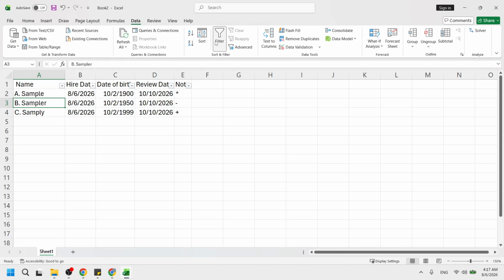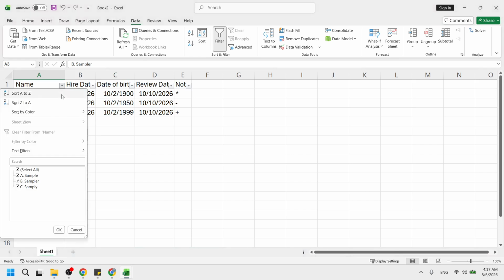At this point, click the drop-down arrow on your name column header. This arrow is on the top cell that labels your names, such as name. Clicking it opens a filter menu. The menu shows a search box near the top and a list of all unique names below it with checkboxes. If your list is long, the menu might need a moment to populate.